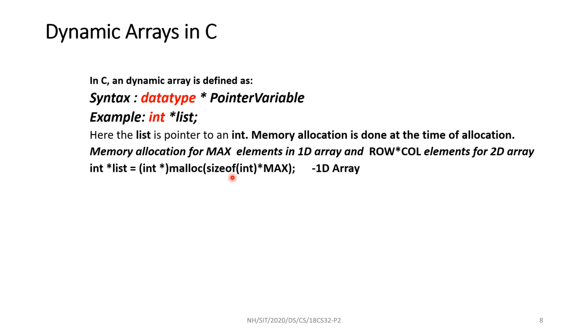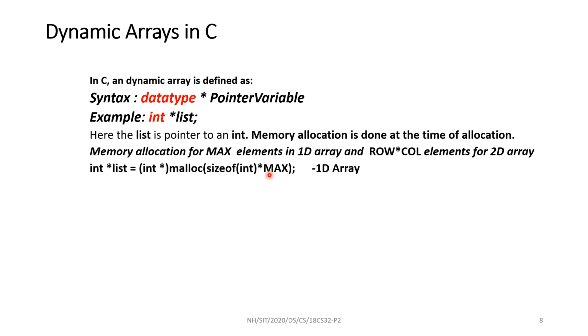First, allocation will happen. How much memory location is required? Suppose I need to store 10 integer data elements. Each integer data element takes 4 bytes. That means I need at least 40 bytes. So this should happen. We call this memory allocation. So just to see the syntax, the malloc function will allocate the required number of memory locations. The parameter to be passed is how many locations are required.